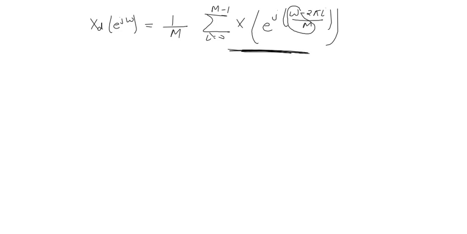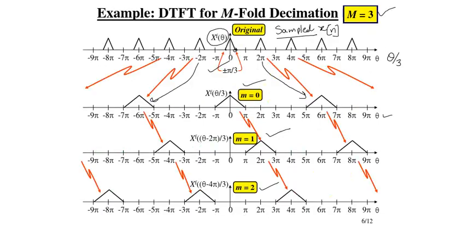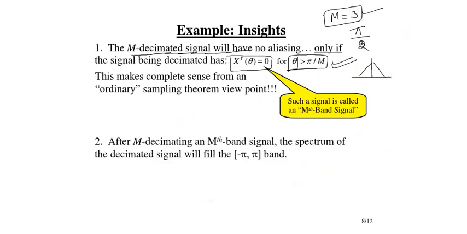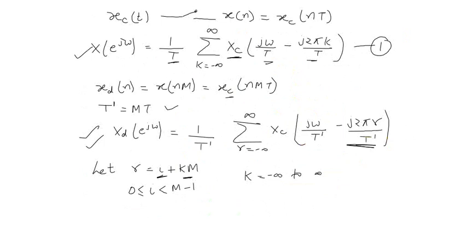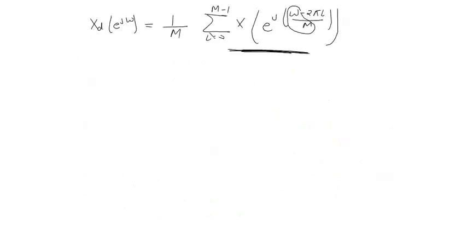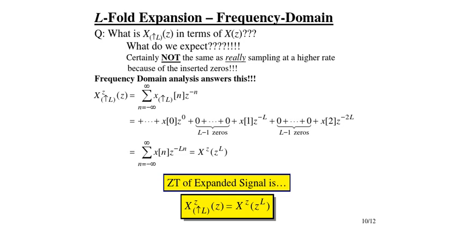So isn't it same as we derived it from the Z expression, X of z? Isn't it same as this expression? Because here the omega is just replaced by theta, and the rest of the expression is almost same, right? So you see here we obtained the same expression. So this is another way to derive this particular downsampled version. Now we can extend the same thing for interpolation or upsampler, right?